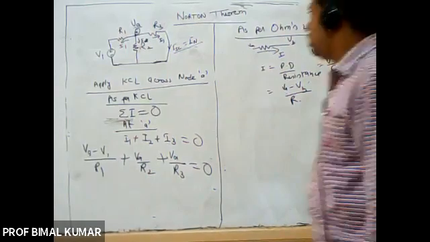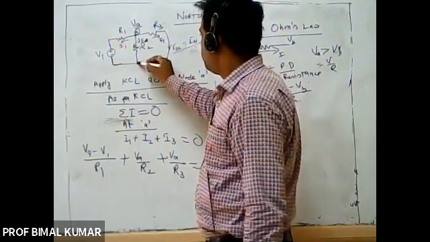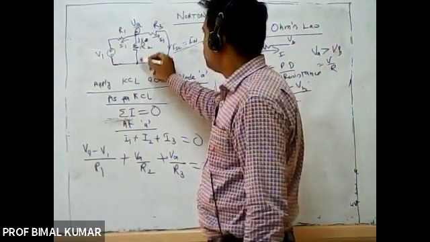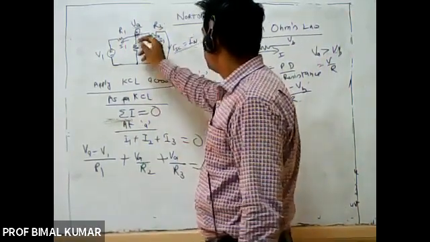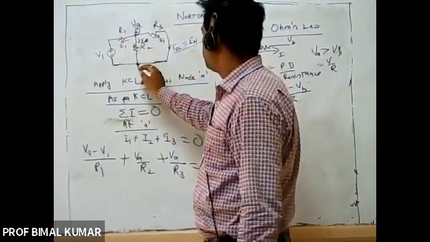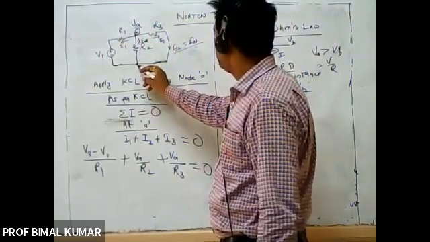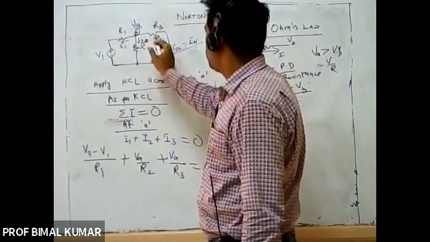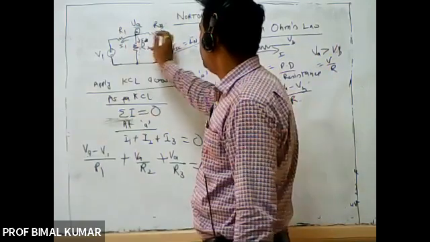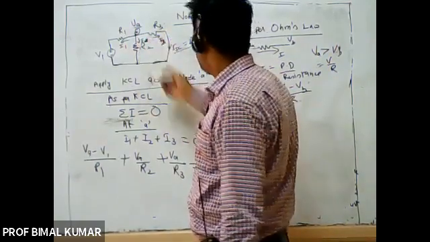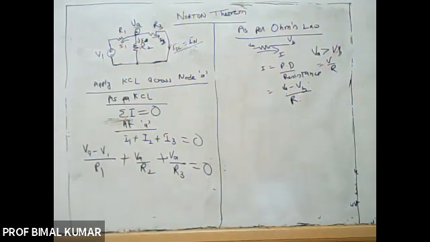In the second case, here the potential will be 0, so VA upon R2. And at this node, the second terminal of R3 is connected, and here again the potential is 0. So I3 or ISC is equal to VA minus 0 upon R3, or VA upon R3. So this is the equation by applying